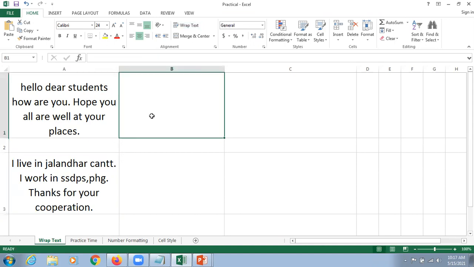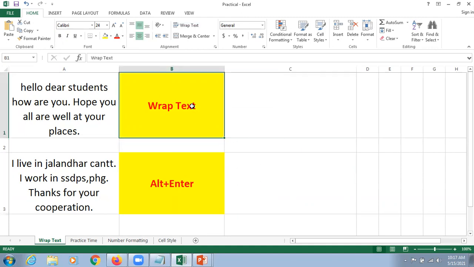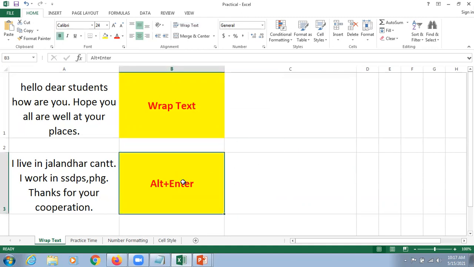Remember this. First, this happens with the help of the wrap text option, which is available here. I'm just going to make it red and bold, apply some options here, and adjust the alignment as well. Second, we apply this and select this. In that case, we can use a shortcut key, that is Alt plus Enter. This is a very important thing to remember: the alternate way to perform wrap text is Alt plus Enter. This is how we can do it.